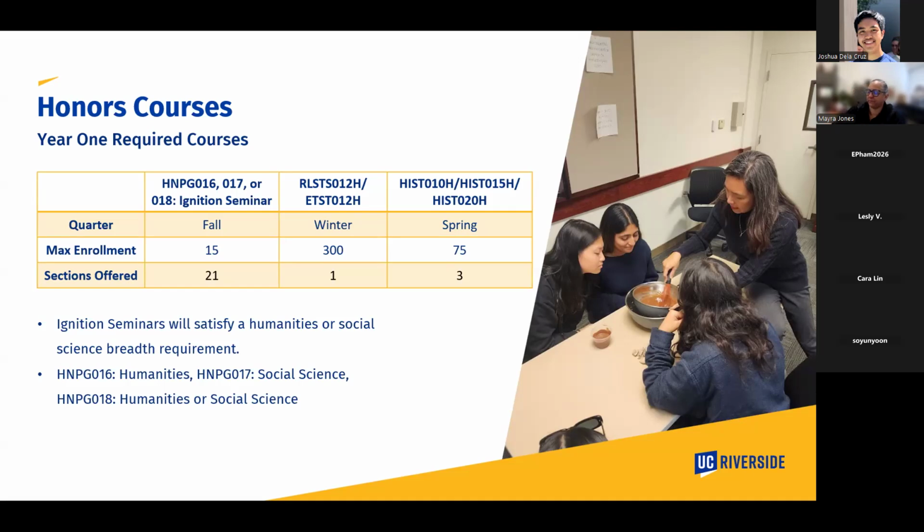So it's a really safer space to explore a topic that's really interesting to you, even if it's not in your major. You can take something that's closer to your major, but you don't have to. Again, I would give yourself permission to explore your first quarter in college, try something new. Maybe there's a topic you've always been interested in. So just go with your gut and your heart in choosing your Ignition seminars.